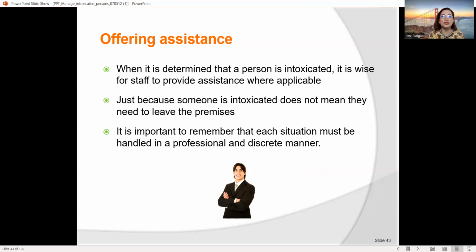Okay, so you need to assist in a discreet manner so that the particular guest will be handled well. Because if the person you're offering to is already intoxicated, they are not in their right mind, so they may act in a scandalous manner, or they will shout if not taken seriously or managed well.